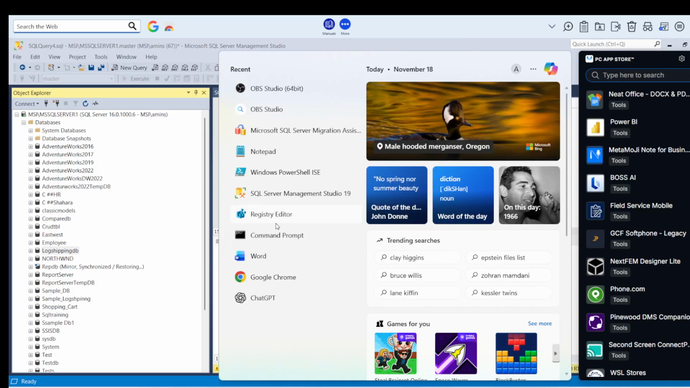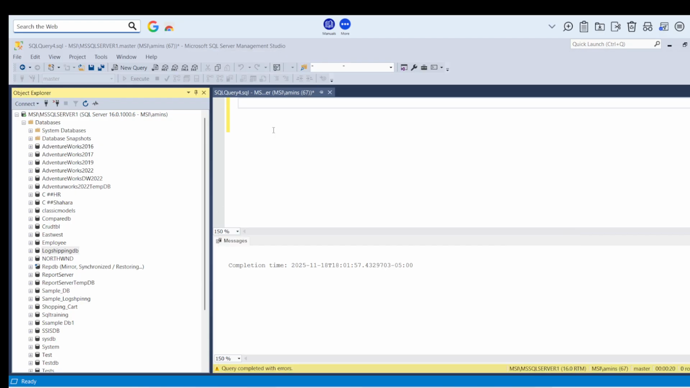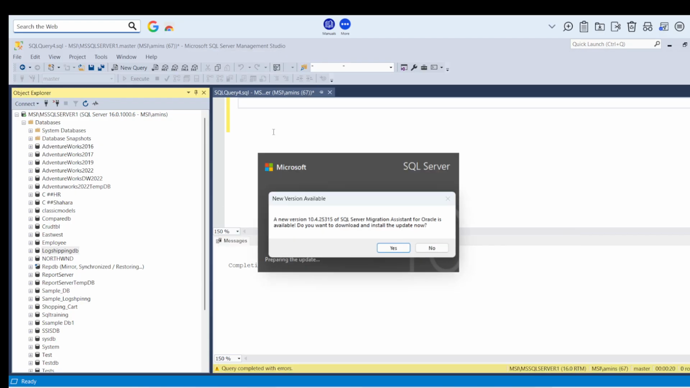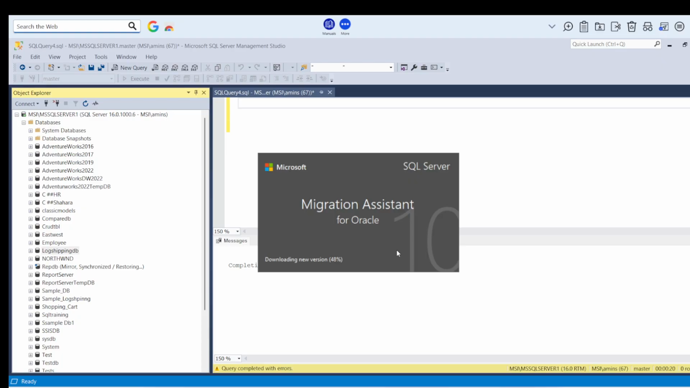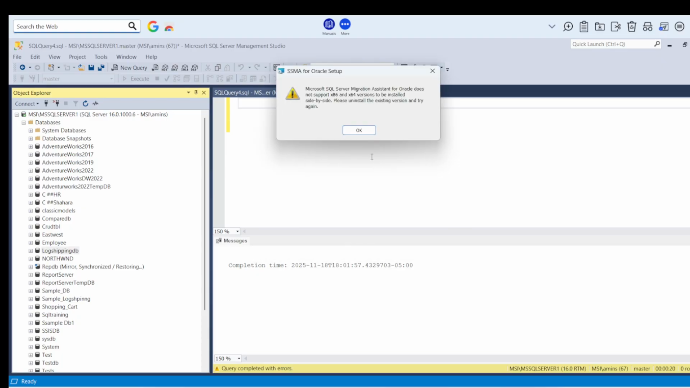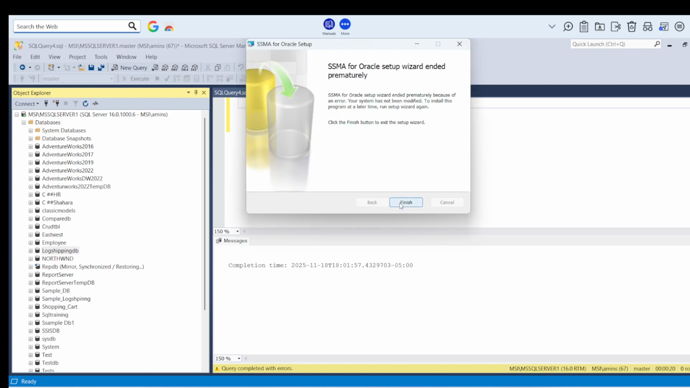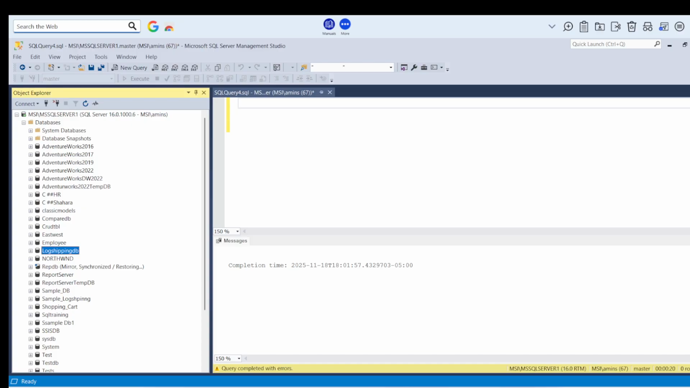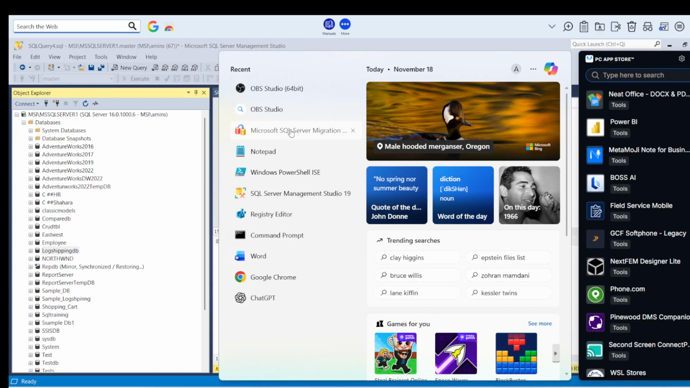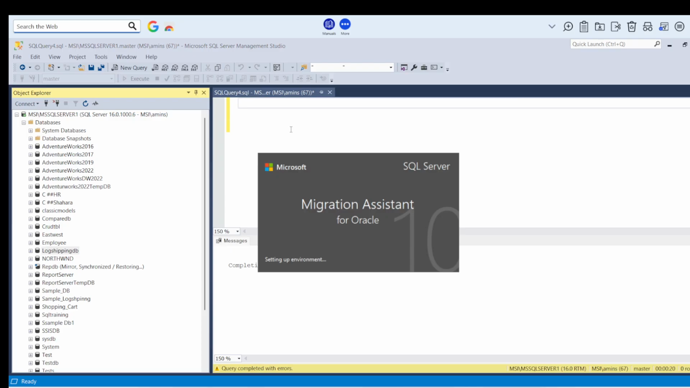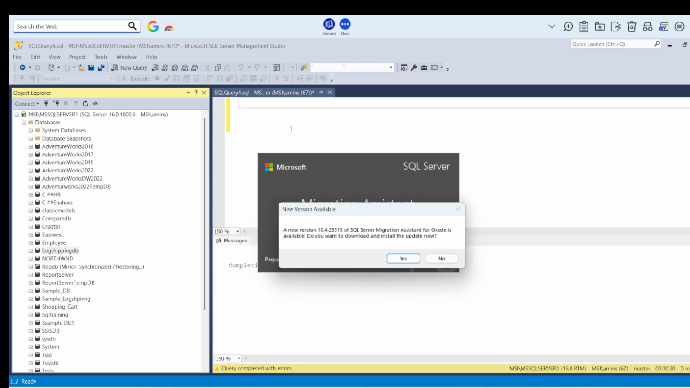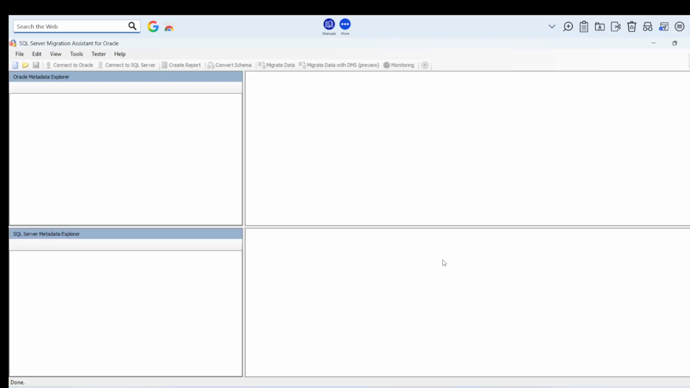Come again. Let me check. It's showing some message, and let me check one more time. I think I have to ignore this one. Oracle is yes. Now I can see the Oracle, my SQL Server Migration Assistant for Oracle. So